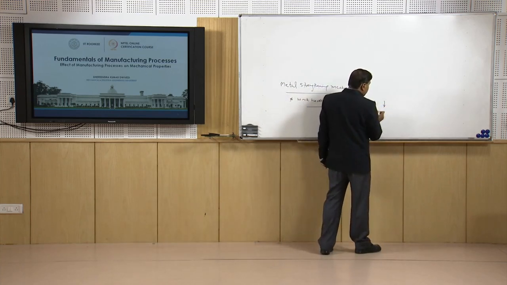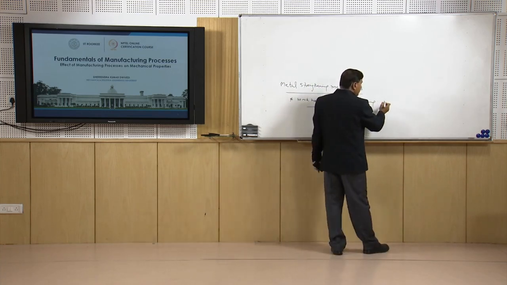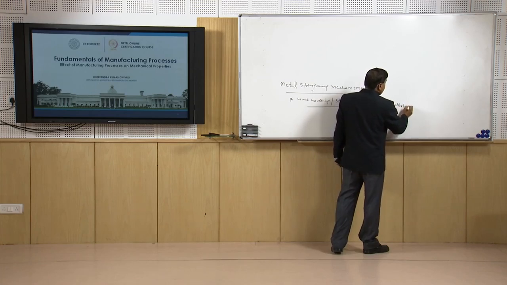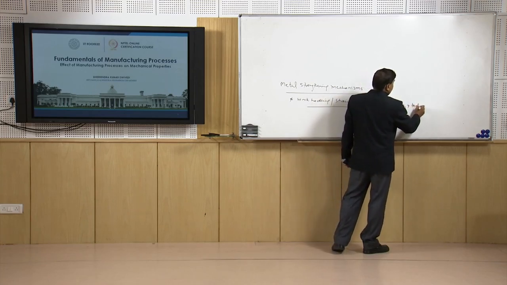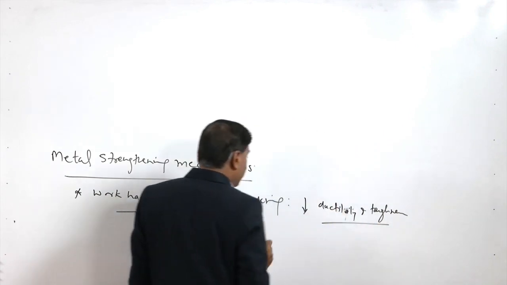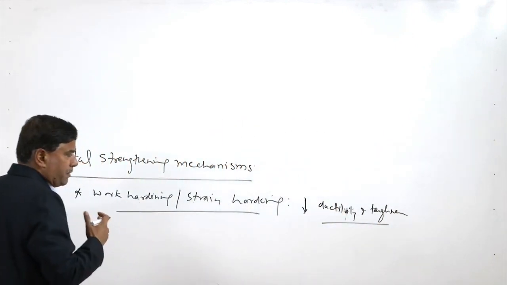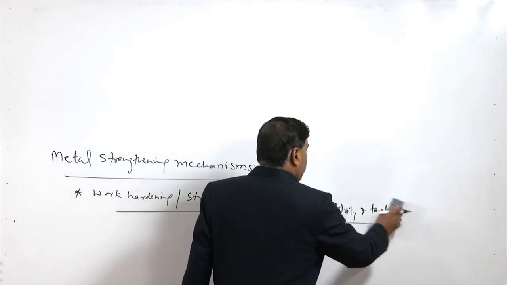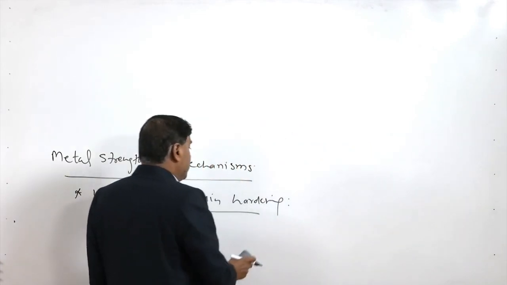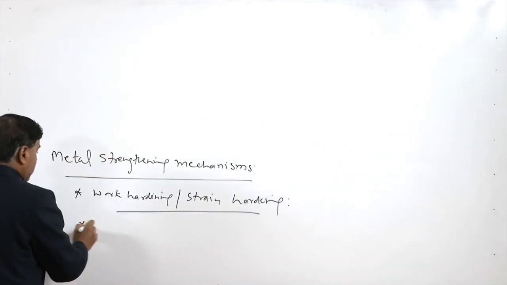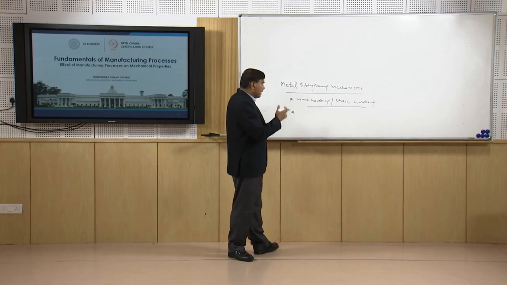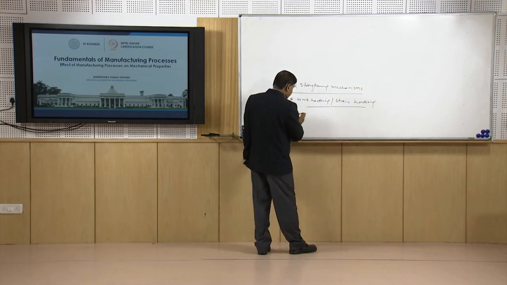However, this also leads to the reduction in ductility and the toughness of the metal due to the work hardening. So, we need to quantify whether there is really much compromise with regard to the ductility and the toughness while the increase in strength is taking place. Another mechanism that affects the metal properties during the manufacturing is